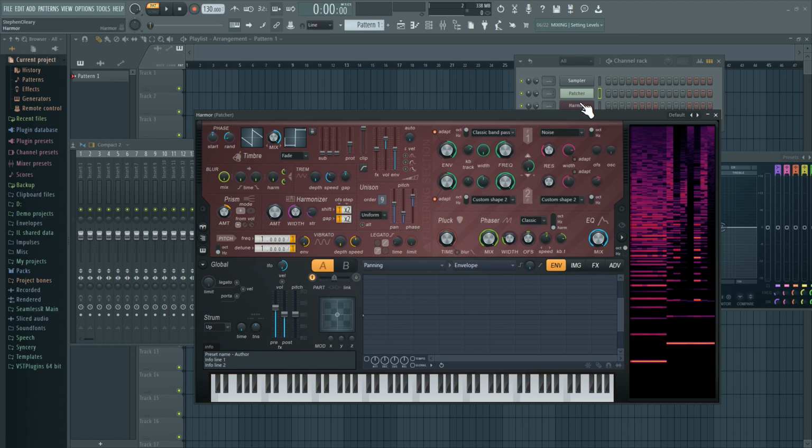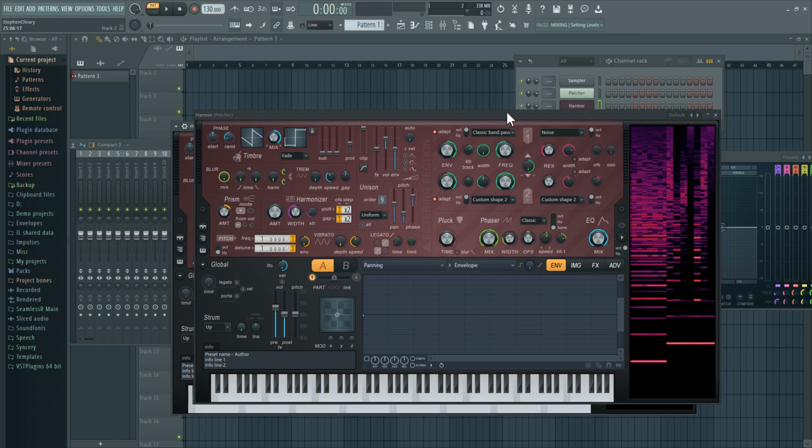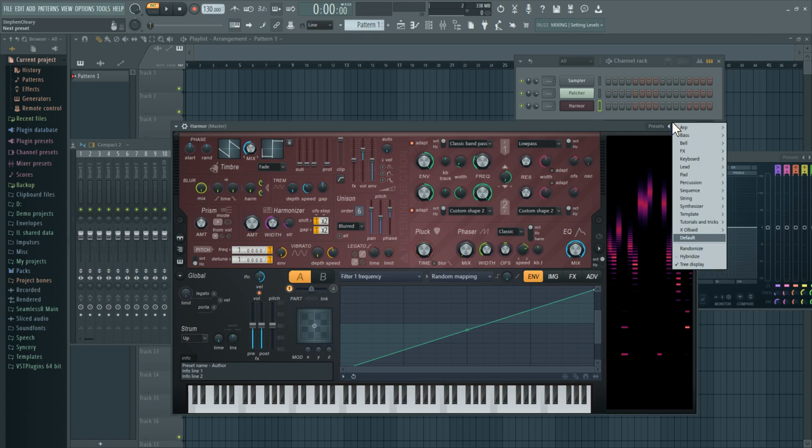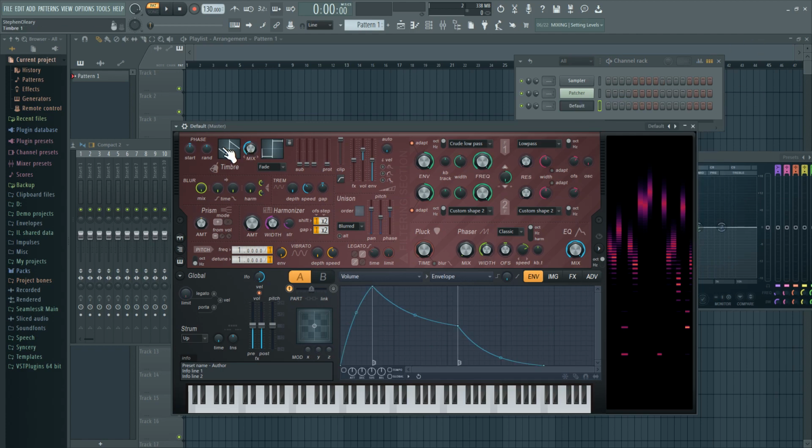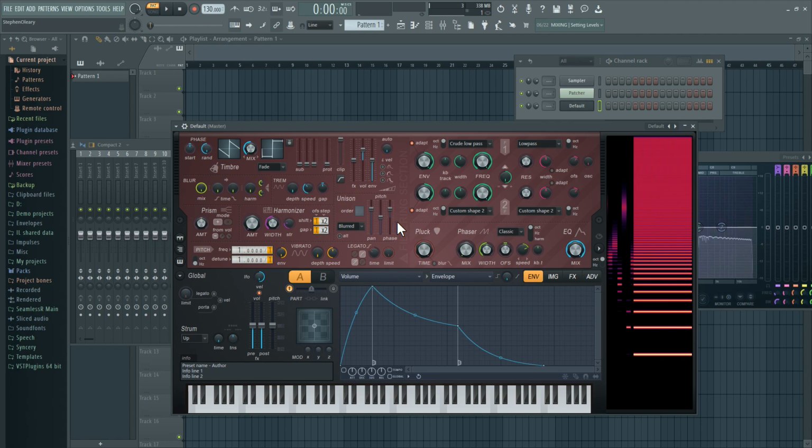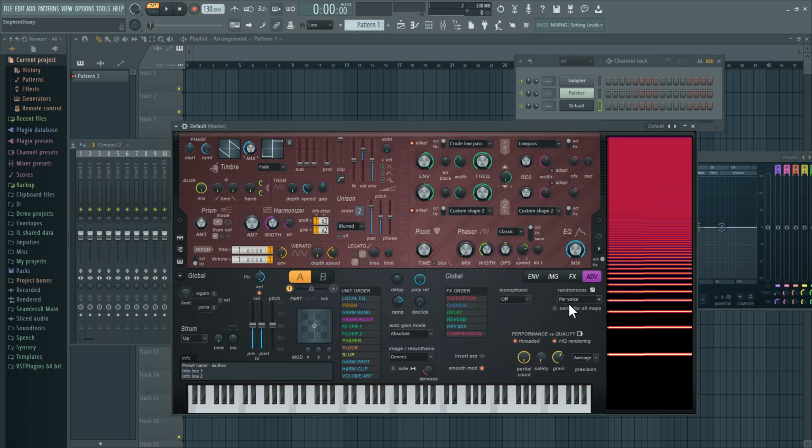A pretty big one, let's go back to the other Harmor to demonstrate it, is the regular roll phase randomness. Because check this out. If I just do 2 voices in unison, you can hear that tearing phase cancellation effect, because despite the fact that it's randomizing phases, it's the same random for both those voices. But if I make it per unison,